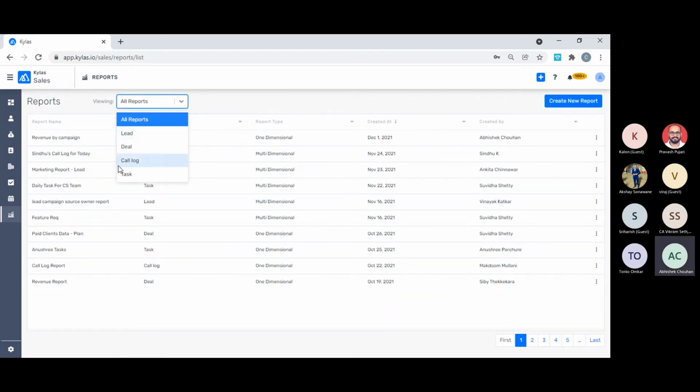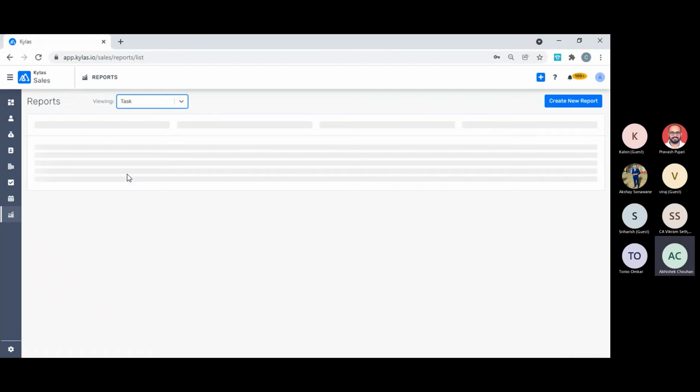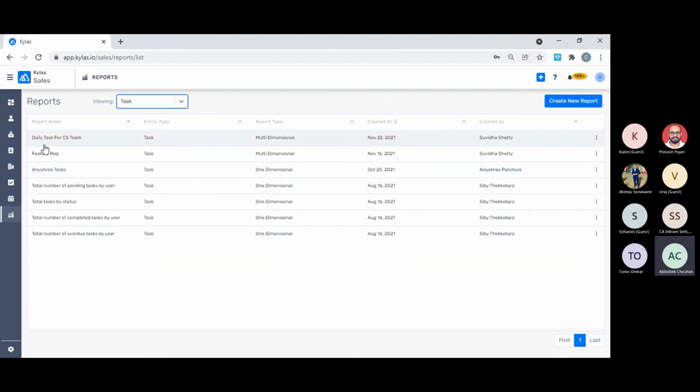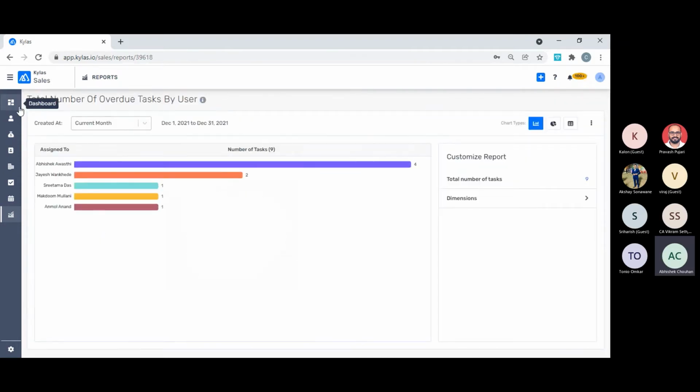Then, other than leads and deals, there are a few productivity items that sometimes we as managers want to look at. So, especially reports on tasks. So, how many tasks are there in my system? How many overdue tasks are there, and how many overdue tasks are assigned to each person? So, let's say the last report that I want to see, total number of overdue tasks by user. So this tells me the list of overdue tasks which are assigned to each person. So I can quickly ping them and ask why these many tasks are overdue. Okay, that means there is some gap between the way they should work and the way they are working, right?